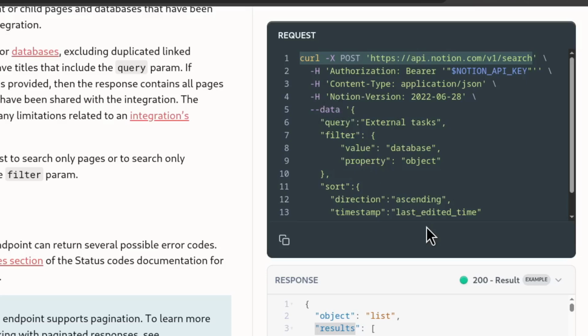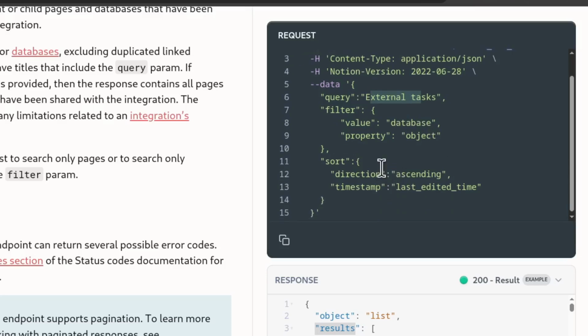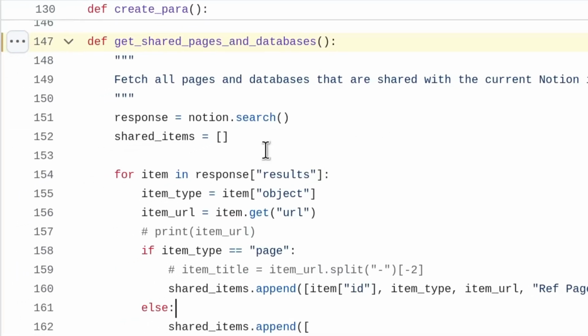Usually the read methods are get, but in the case of the Notion search method, we have to send some additional information, like what kind of query you are going to search for, whether you have any kind of filter that you are going to add, and whether you are going to sort the outputs. These points are all incorporated directly into the search method. By default, we are not querying anything specifically. So when you don't specifically query anything, it will display all the data that has been shared. Data in the sense, the pages and databases that have been shared